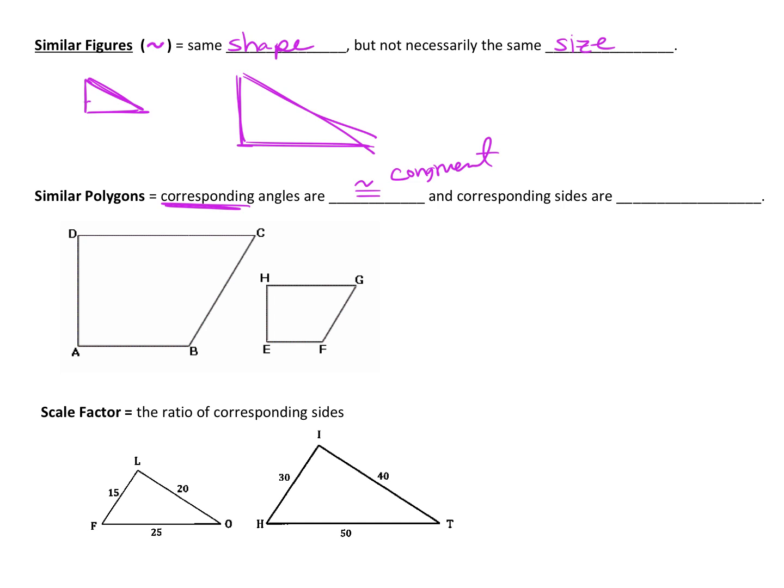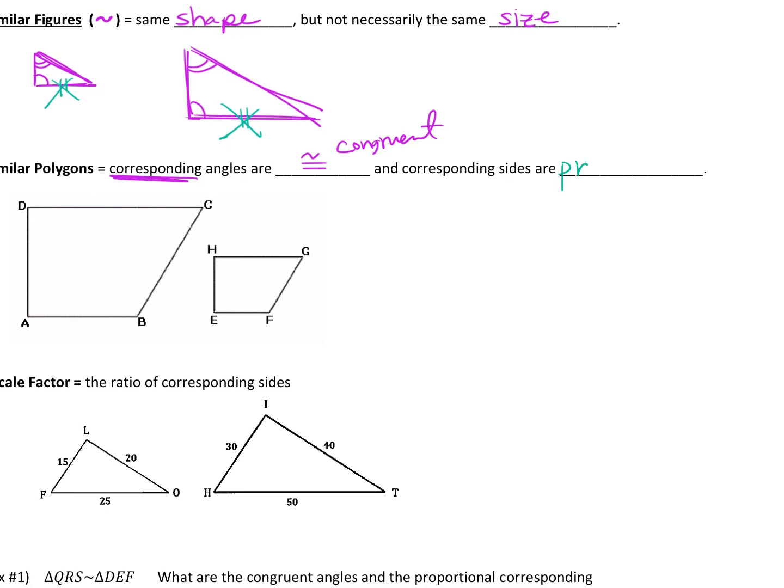If you look at this picture, you can see these angles look the same, and these angles look the same, and the third angle looks the same, but it is definitely not true that this side is congruent to that side, right? Those don't match up. So instead of being congruent angles and congruent sides, it's congruent angles, but proportional sides. Okay, which is where our ratios and proportions come into play. That's why we talked about those yesterday. So yes, I can say in this figure,